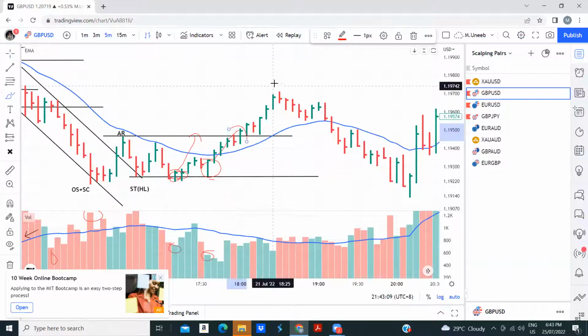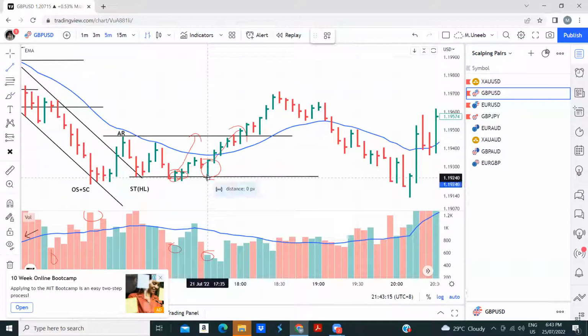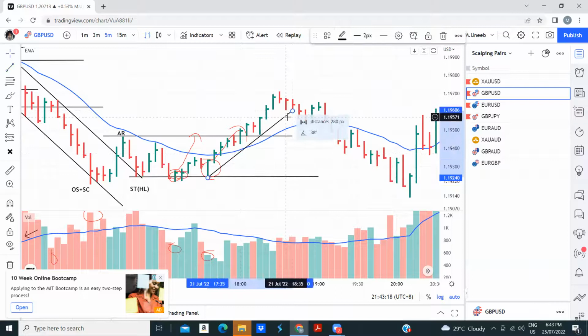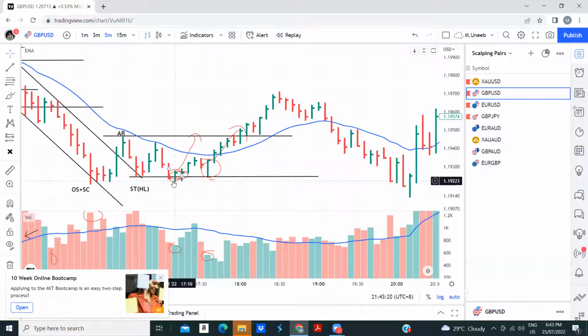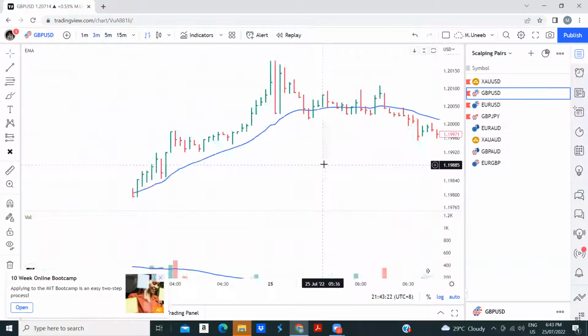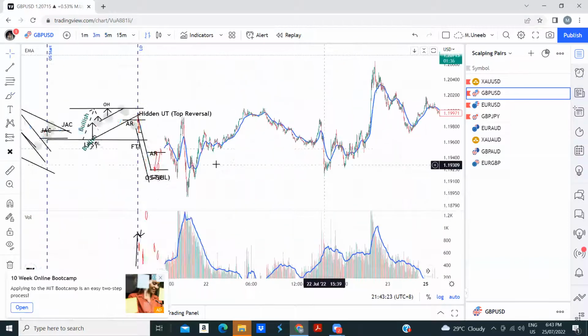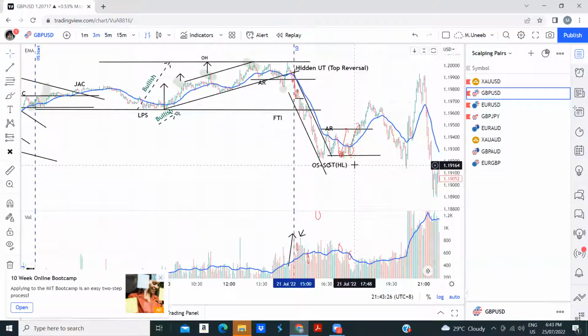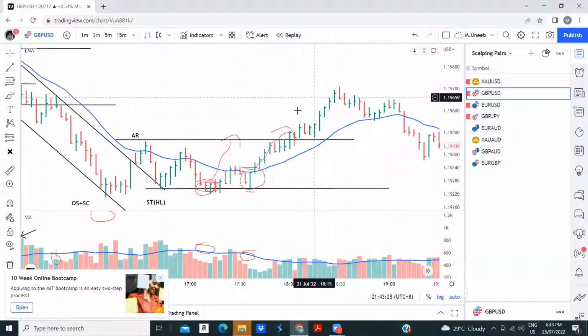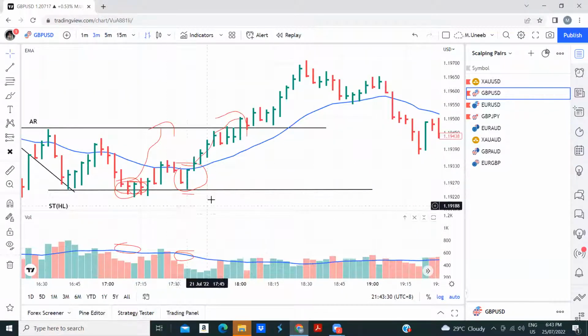And now what do we have? The price comes back, goes above, and then the price just starts doing like this, right? And this entry can be improved. This entry can be improved by moving to the 3-minute time frame. Now you will see. Easy. Now we have a fixed stop loss here, right?